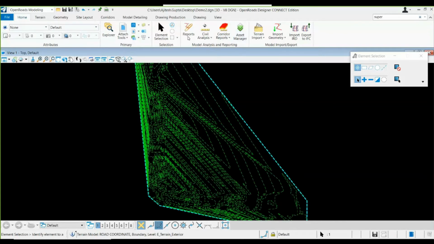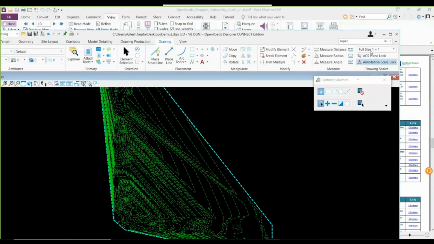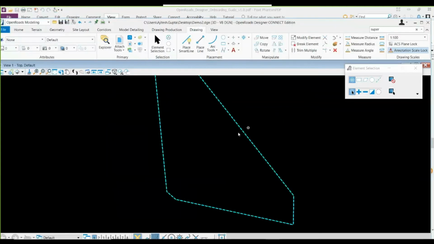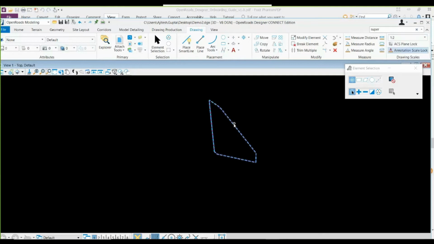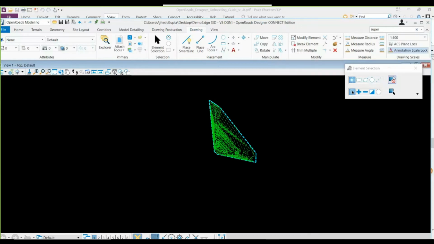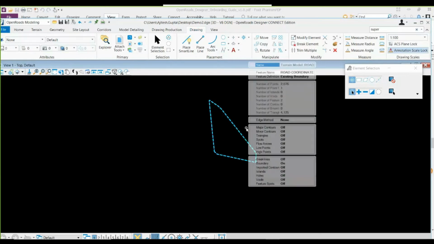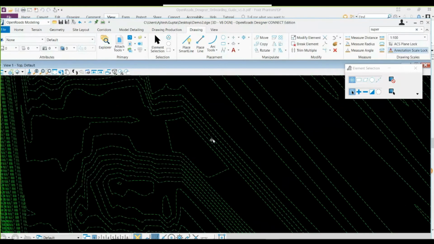Within the drawing tab, or we can take a simple labeling option also.